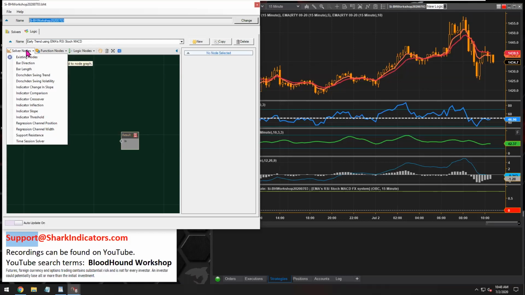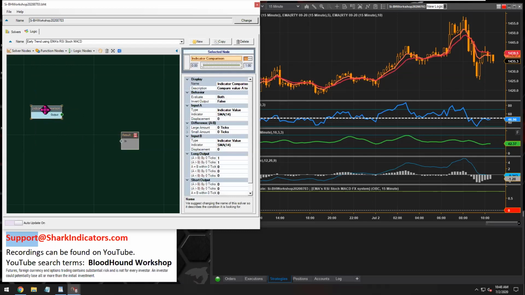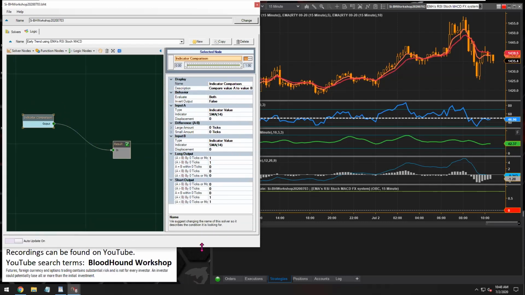Okay, so let's start analyzing the EMAs here. We're going to use the comparison solver, because we want the EMA 5 to be above the EMA 10. And so that's a comparison. So just think of the comparison solver as identifying when one indicator is above another indicator. If you ever forget that, all you have to do is look at the outputs here. What are the various outputs? It's A greater than B, or A less than B, or A equals B. We're doing a comparison. Is A above B, or is A